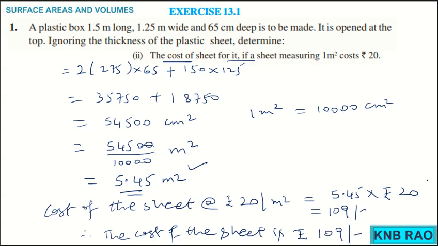That is it. This is how we will conclude the writing. See children, very important: calculations, formulas and units. Where there is a requirement of writing units, you must write. So, if you do not write the formula, you will lose marks. If you do not write units also, you will lose marks, and if you do not properly calculate also, you will lose marks. Okay. Now, let us move on to the next question.